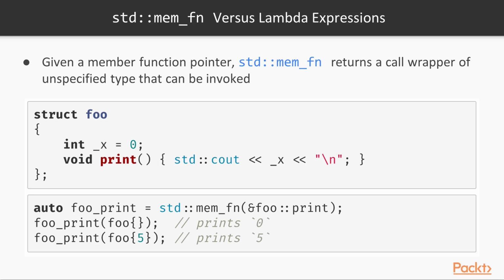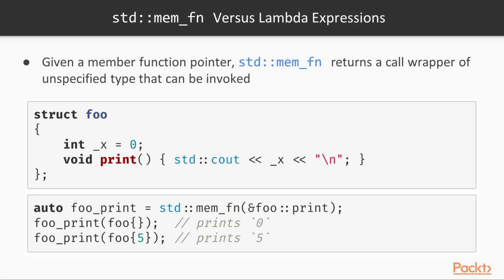So given a member function pointer, std memfun returns a call wrapper of some unspecified type that can be invoked. In this case, imagine that we have a struct called foo, which contains a print member function that just prints one of its data members.